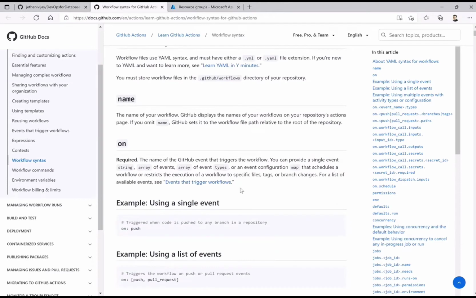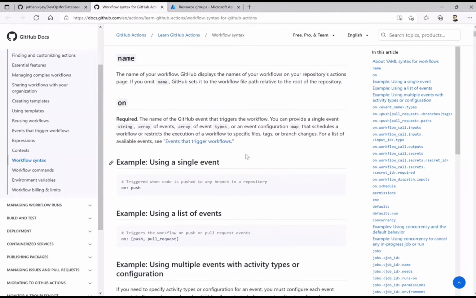Similarly, on what particular trigger, that means how should this get started? That is the "on" keyword, whether there should be a push or a pull request. A pull request is a kind of review which we want to have with our peers or maybe the application owner.